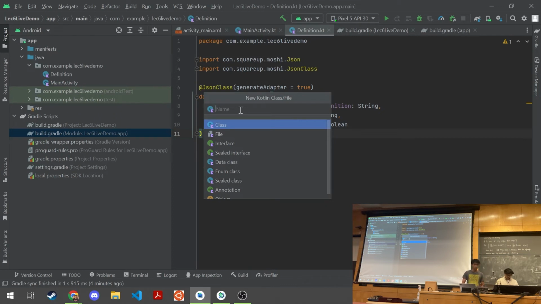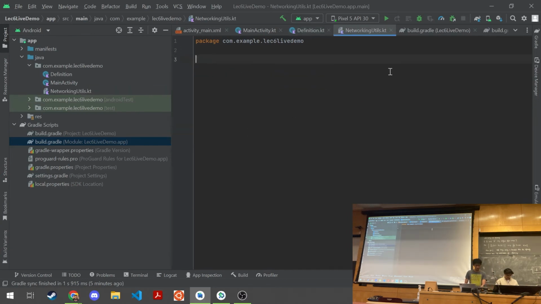And we're going to make a very, very similar function right here. So I'll call this NetworkingUtils, and I'll make it a Kotlin file class. And so the first thing we want to do is make a function that gets the definition for a particular word.